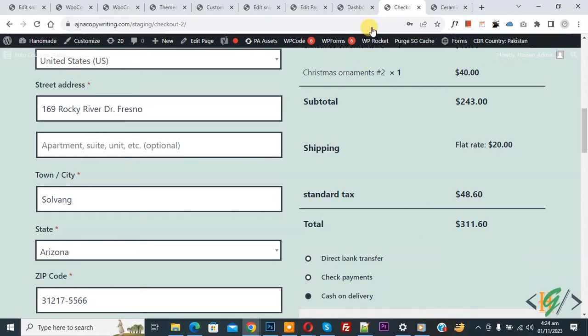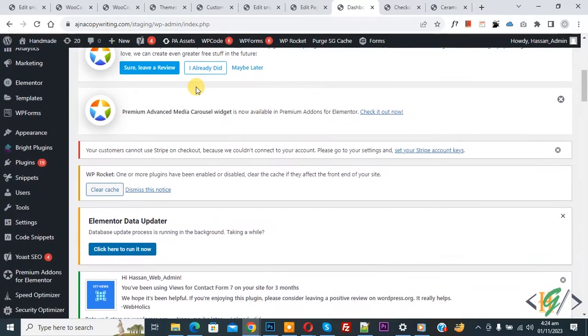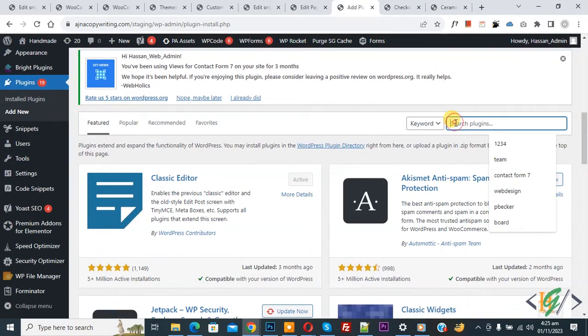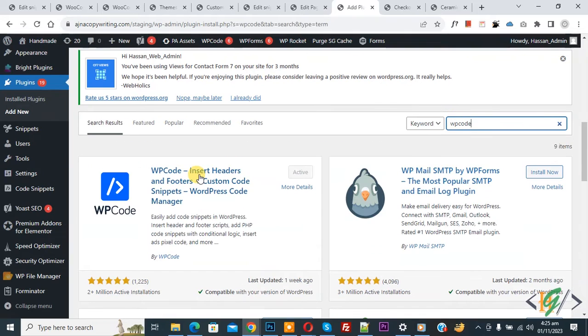Now go to dashboard, scroll down on left side you see plugin, so click on add new. Then in search plugin, write WP code. So this is plugin WP code, insert header and footer we will use. You will install this plugin and activate it, and after activation on left side you see code snippet, then